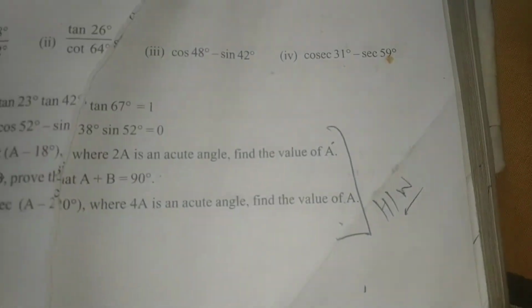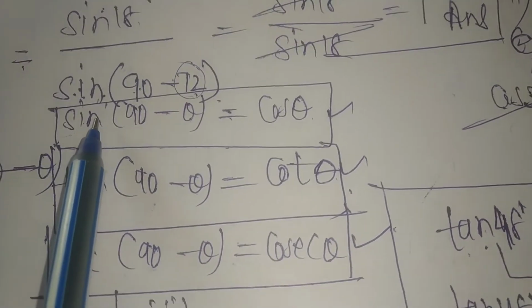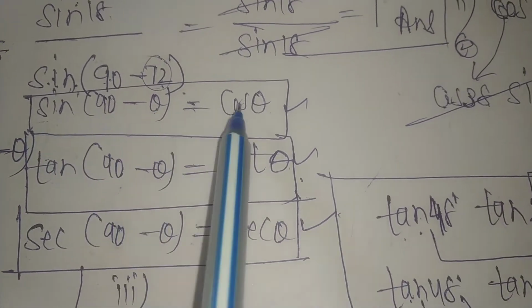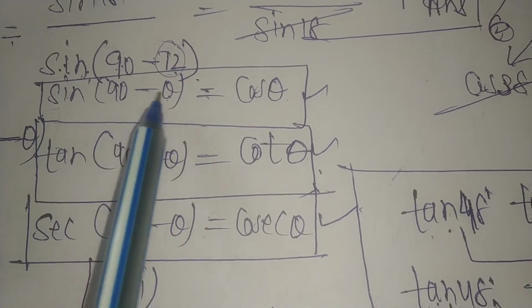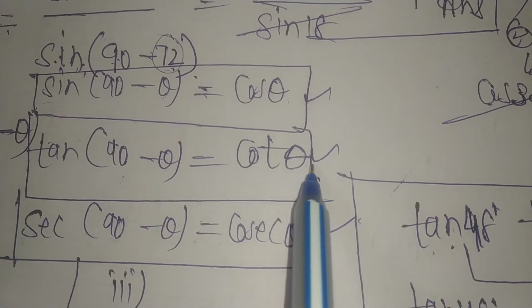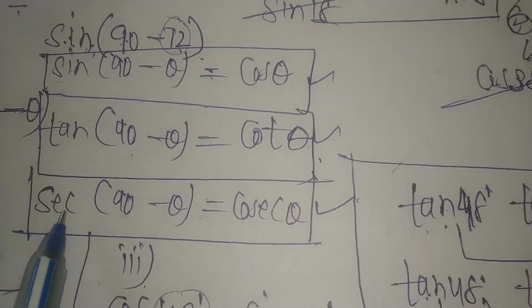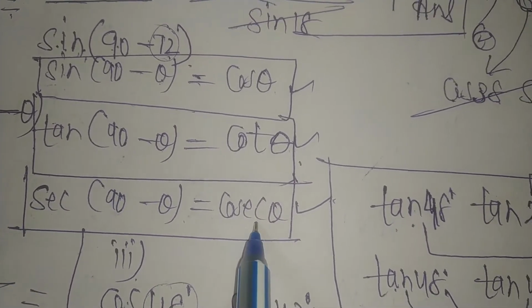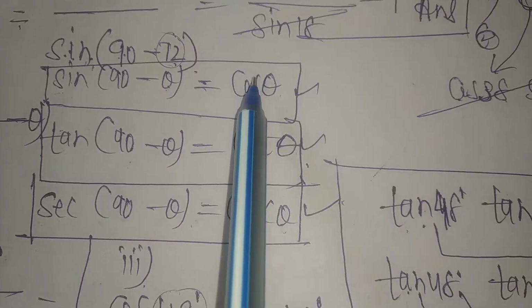First, I will let you know a few rules, a few formulas. This is exercise 8.3 and the identities we will use in this are, number 1, note down: sin(90 − θ) = cos θ, and vice versa, cos(90 − θ) = sin θ, right? tan(90 − θ) = cot θ and cot(90 − θ) = tan θ. Now sec(90 − θ) = cosec θ and cosec(90 − θ) = sec θ. So these identities we will use.